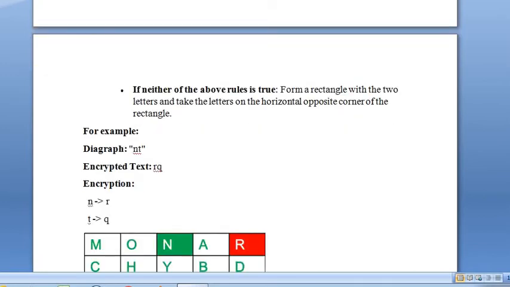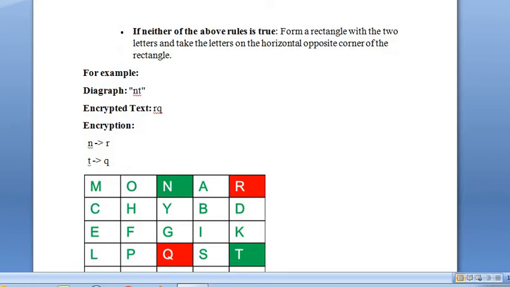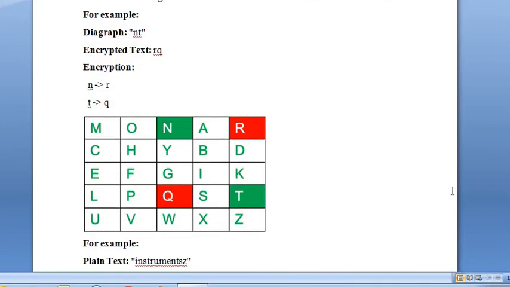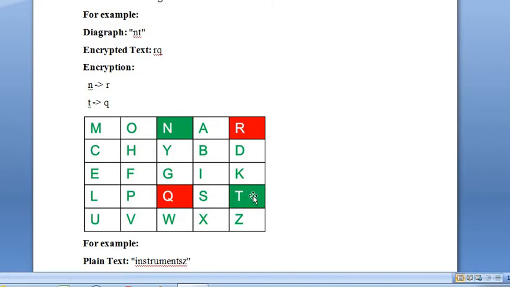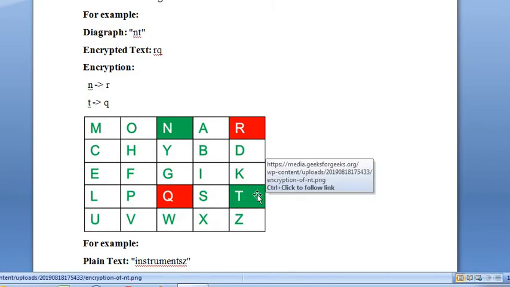Okay, so there are some methodologies. If the pair is not in the same row or the same column, then we do it like this. For example, take NT. N is in this row and T is in a different row.